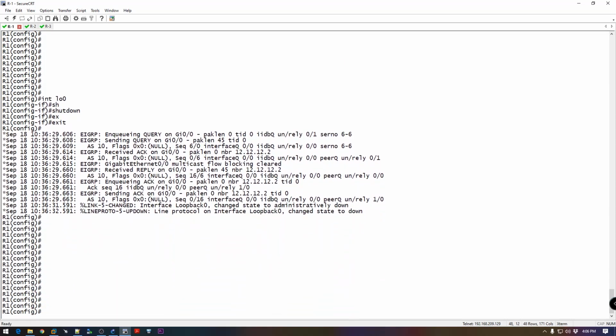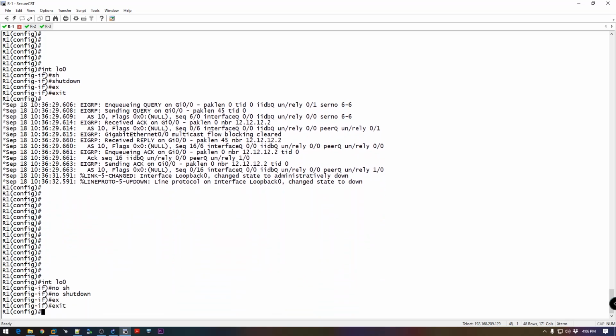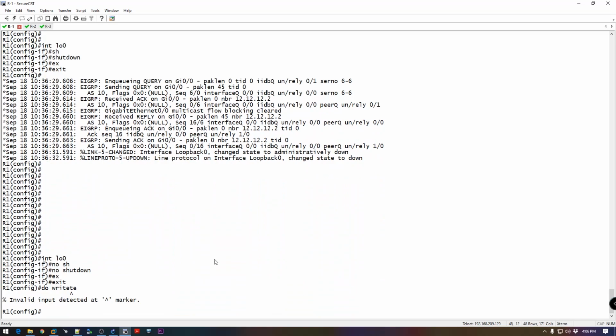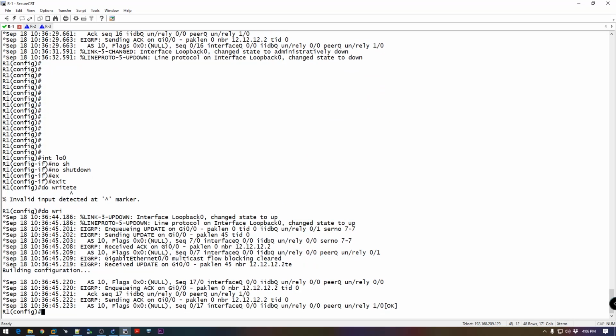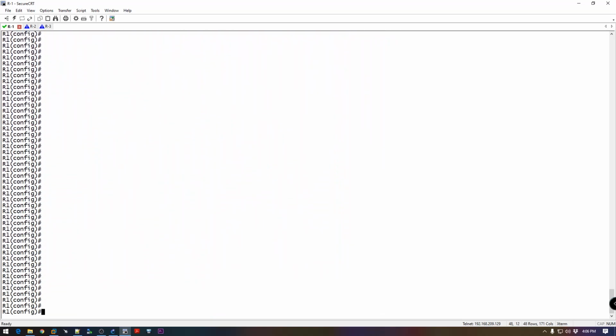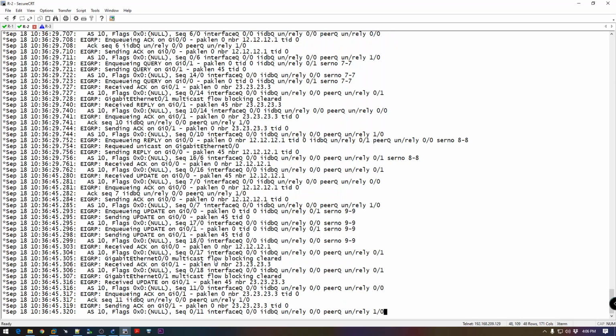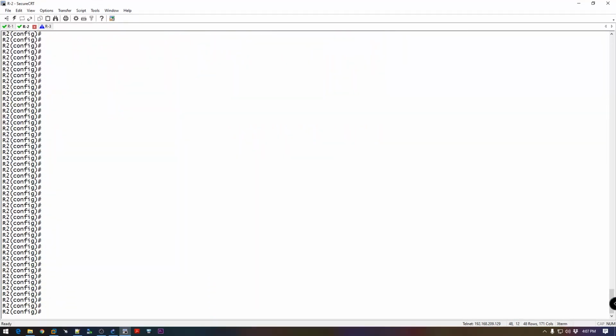Sorry, I forgot to shut the link between R2 and R3. The R2 and R3 link needs to be shut down before shutting down the loopback on R1. So what I will do is, between R2 and R3, I'll be shutting it down